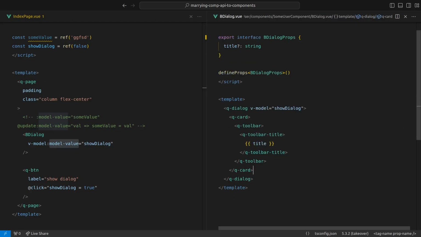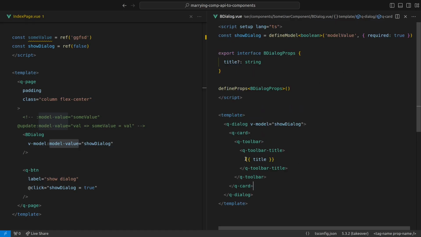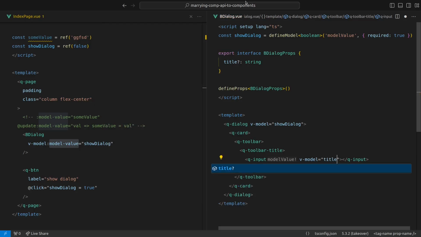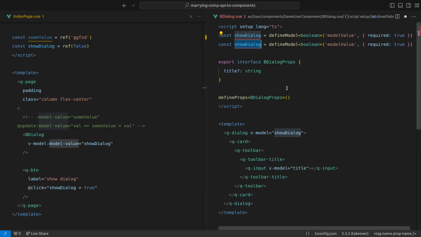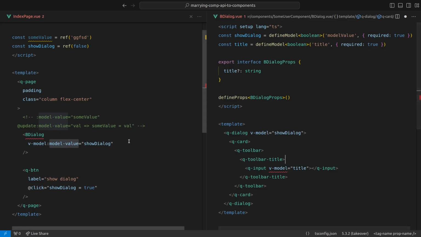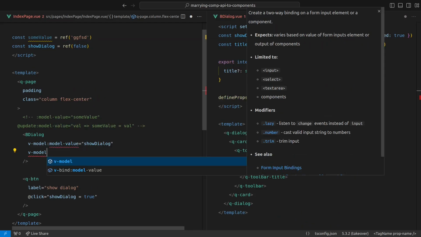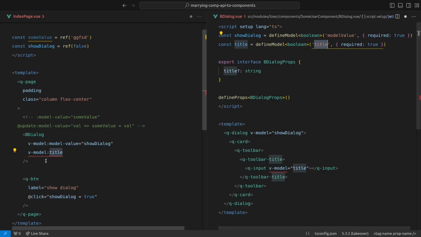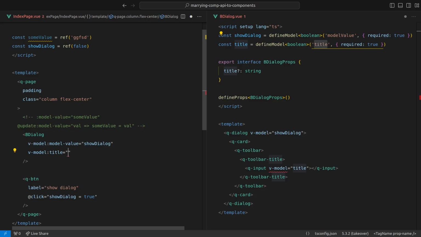Unless, let me just give a weird example here. If you were able to model that title, so maybe for some reason you got some sort of a dialogue where you can change the title of the dialogue, v-model is equal to title. In that case, what you might actually do is you would model title here. And then here we would say v-model:title. Okay, so these two need to match,